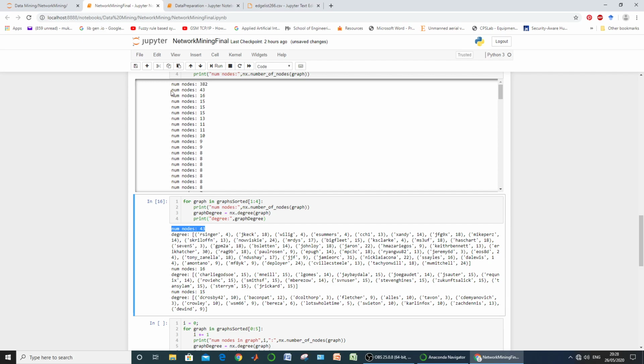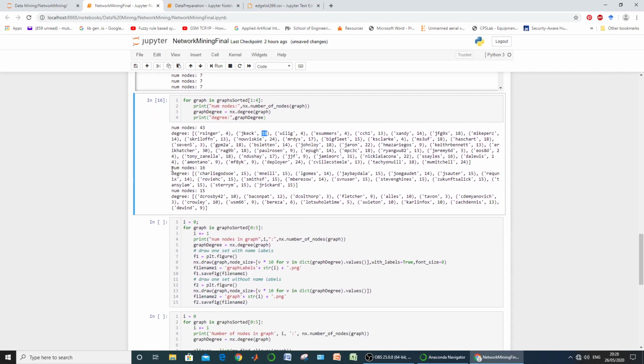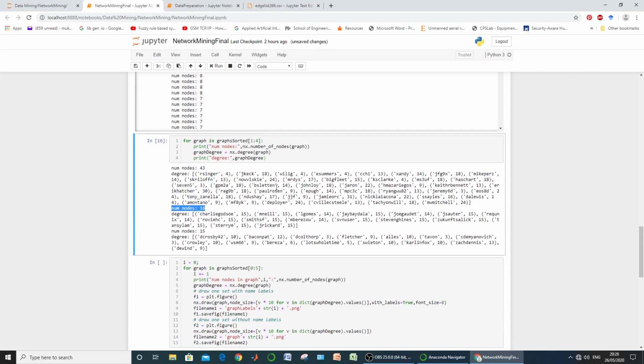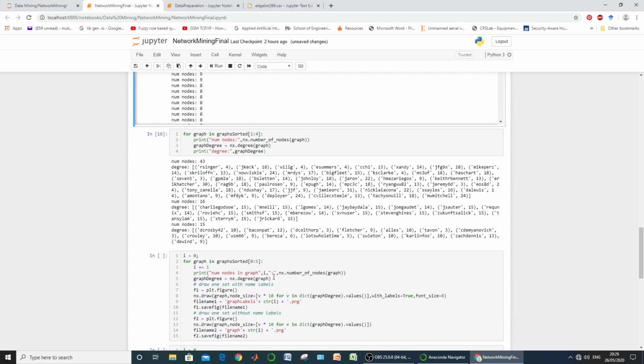For this particular graph, its degree view shows that the first node is this and its degree was this, the second is this and its degree was this. In the same way, graph number 2 contains 16 nodes, which we can verify. The third one contains 15 nodes, which we can verify from here only. So it just printed the number of nodes and its degree view within the generated disconnected graphs.